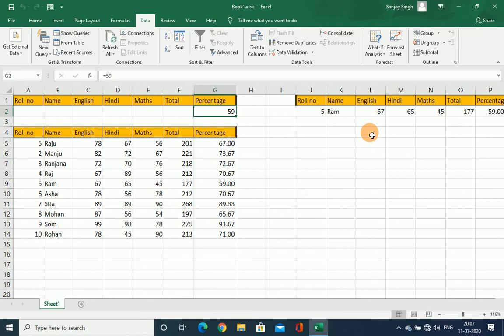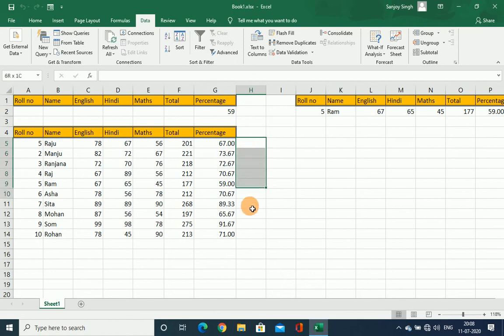Now I'm going to show you the data validation. Okay, now data validation means, data validation is used to restrict the type of data or value that a user enters in a cell. Let us start the data validation to restrict the data entry to whole numbers between 0 to 100. In a simple way, you can say that we are restricting any kind of wrong data input in our database. Okay, so let's do it.